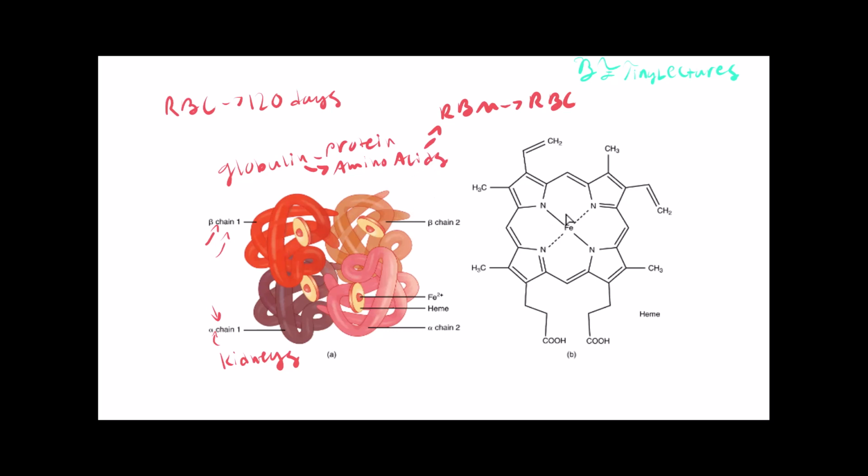But what about the heme group? What about this iron? So remember that this guy right here is called the heme. What happens to the iron? Well, the iron is kind of snatched from the hemoglobin, and it's stored inside the liver and the spleen. So this goes to the liver or spleen,